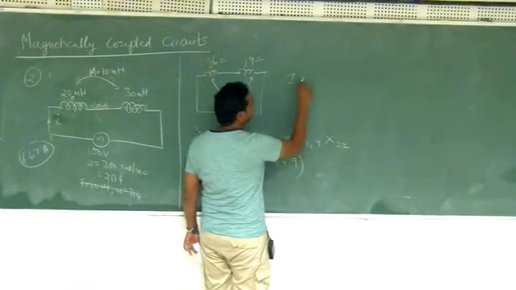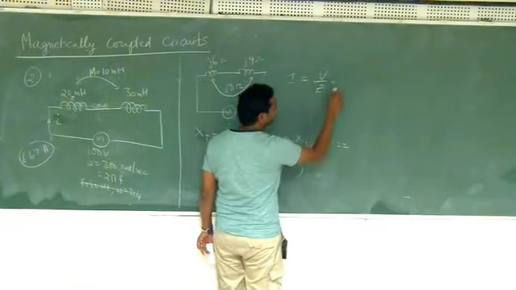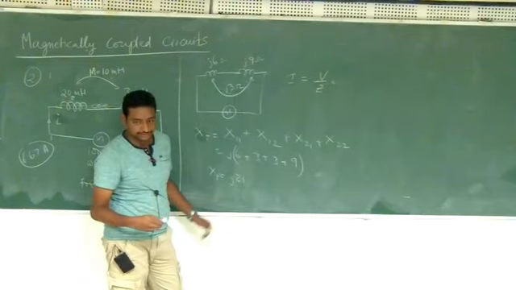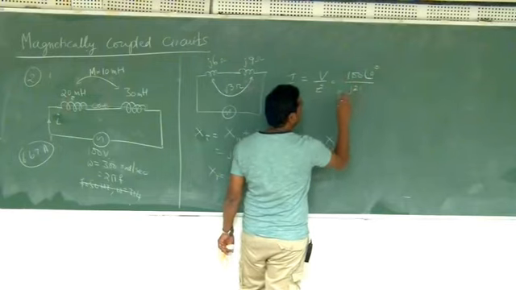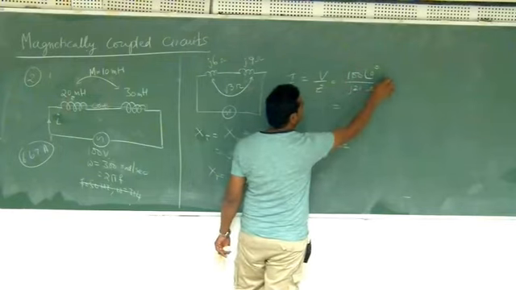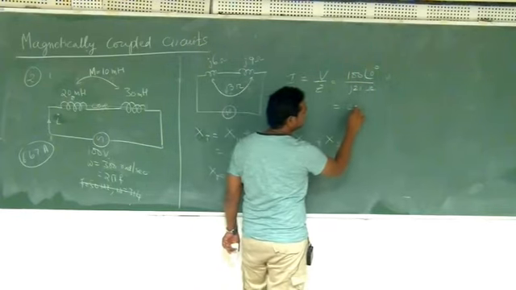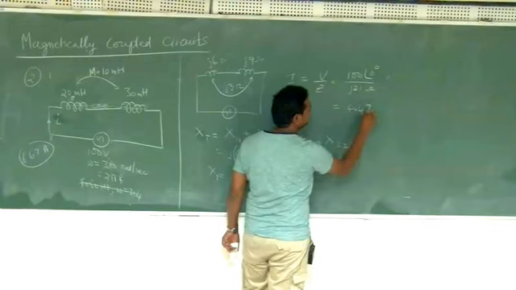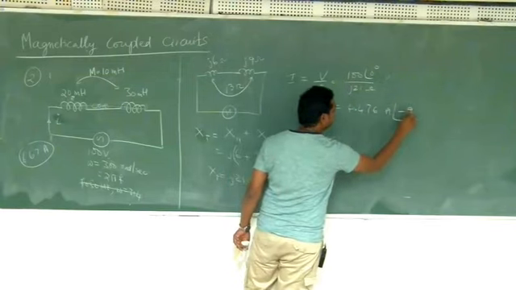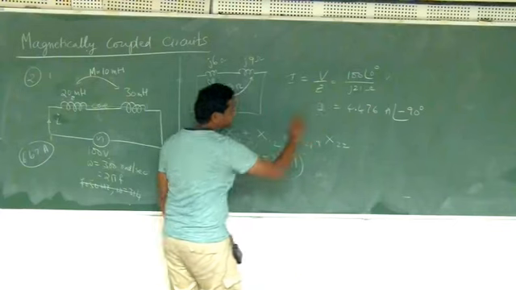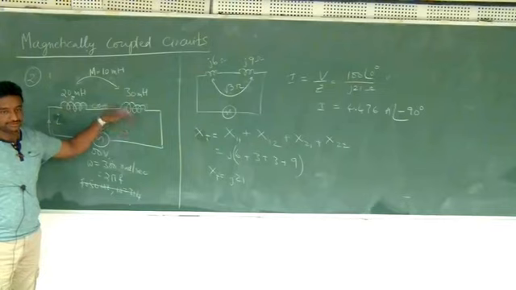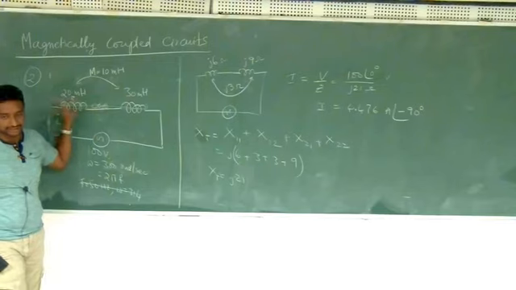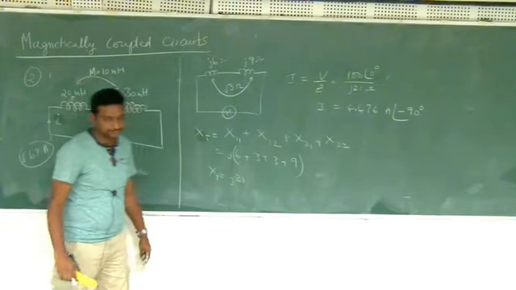Therefore, the current now will be V by impedance. Impedance is nothing but XT only because there is no resistance. So 100 volts angle 0 degrees divided by J21 ohms. So this will be 4.76 amperes, angle is minus 90 degrees. So this is the new current. So what did you learn? Just by introducing a core and introducing mutual coupling, you have increased the impedance and increased the reactance, and therefore the current is reduced.